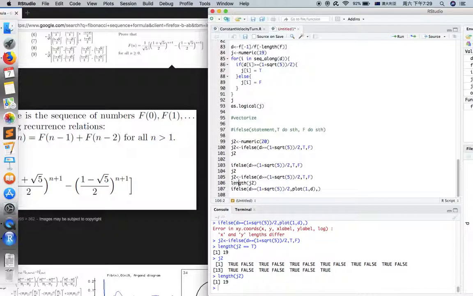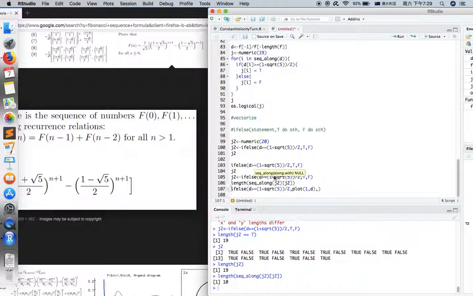We could go seq 1 J2. That's probably not the best way of doing this, but it's one of the fastest ways. 10. So I repeat, repeat 1 by 10. Okay. So I'll probably just end this video here. So see you in